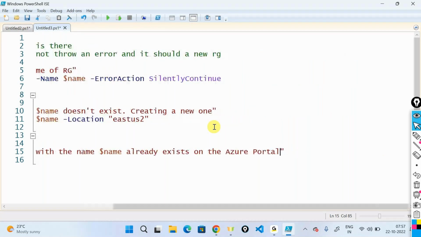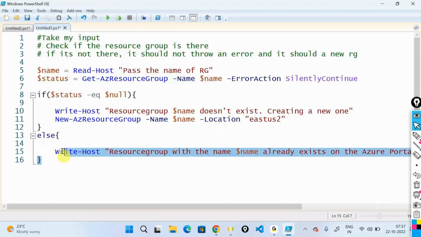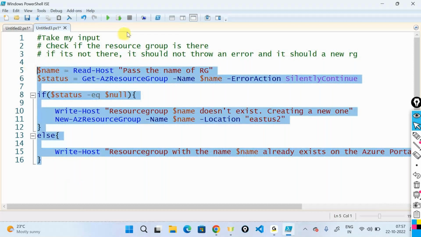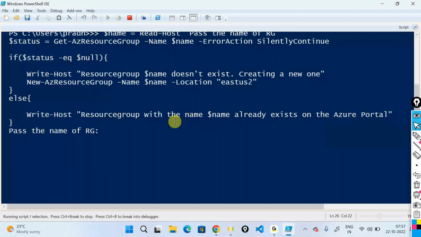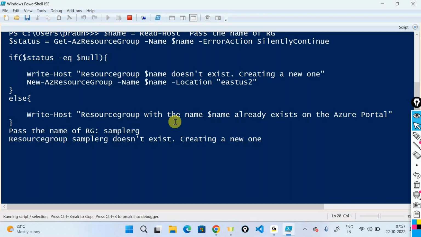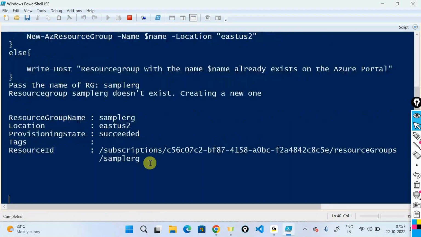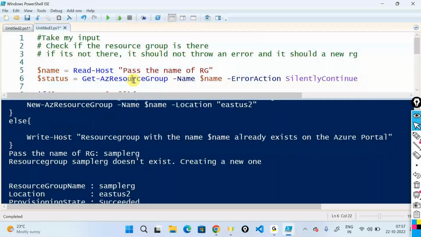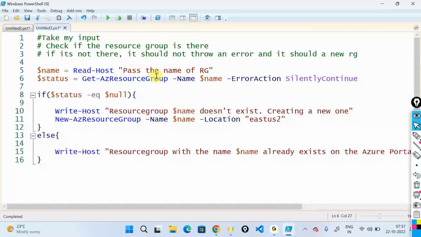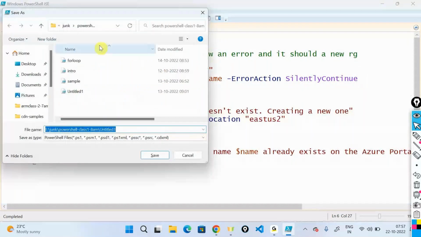So now if I execute this entire thing, it starts with something called parser name. I'll say sample RG. As and when I process it, it's now telling sample RG doesn't exist on the Azure portal. I'm creating a new one for you, created a new one. If I execute this once again, so let me do one thing. I'll save this out and also execute it in the other way. I'll save the script out and I'll say this is something like